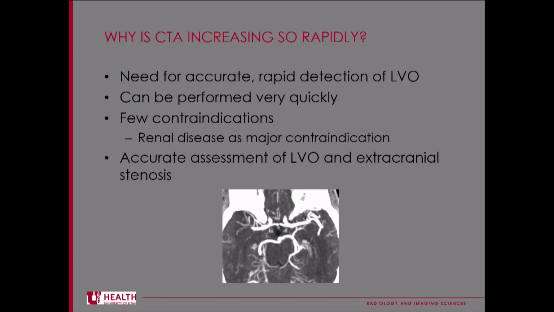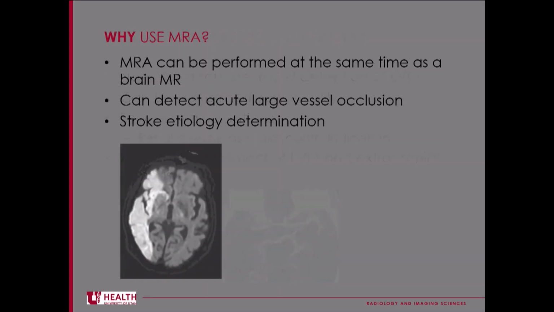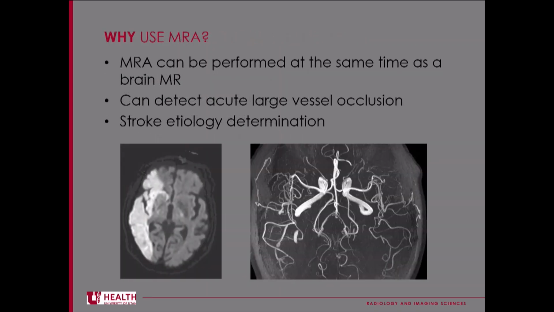And so that is why it has really taken off in the setting of acute stroke to help manage patients and determine who is eligible for thrombectomy. But today we're going to talk about why we should use MRA and how it can be useful. And I think this was touched on earlier, but I really think the biggest reason and the biggest argument to make for MRA in the setting of an acute stroke is that it can be performed at the same time